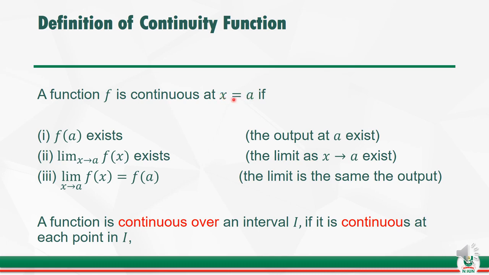If f of a exists, that is the output at a exists, and if the limit of f of x as x tends to a also exists, that is the limit as x tends to a exists,